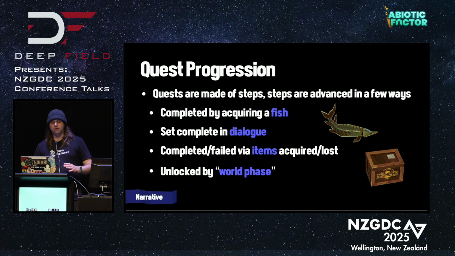Quests can also be failable. There is a quest midway through the game where a character boards your ship and they just appear as inventory. If you collide with stuff, you can lose stuff overboard. That includes the guy who's on board your ship. And so it's possible to lose him overboard and then arrive at your destination going, yeah, he didn't make it. And so failable quests as a direct consequence of player interaction, it feels like it's your fault and you get it. And the world phase, as it advances, unlocks more dangerous world events, more dialogue choices, and it represents overall